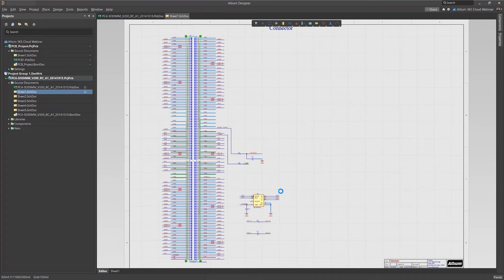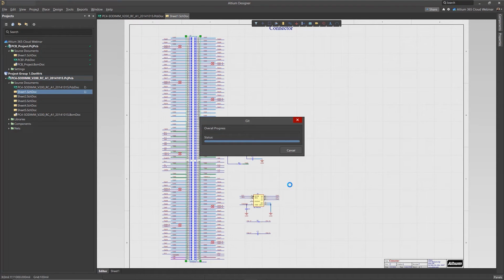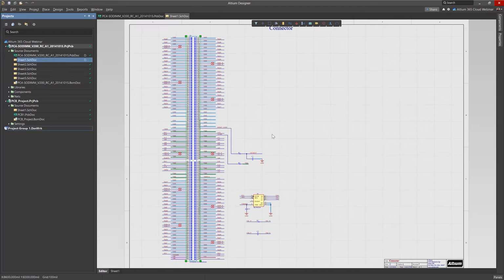I'm going to click OK, and we will see once again, it will put it into my Git repository within my 365 workspace. And you can see here that since I am adding an existing project, it fully committed all of the files directly. Okay, so now that this file is in our workspace,